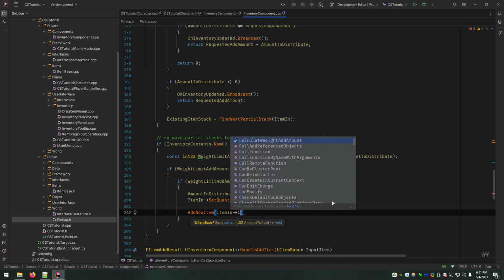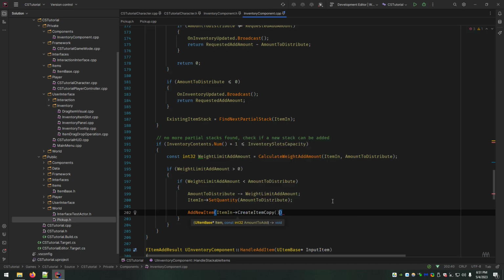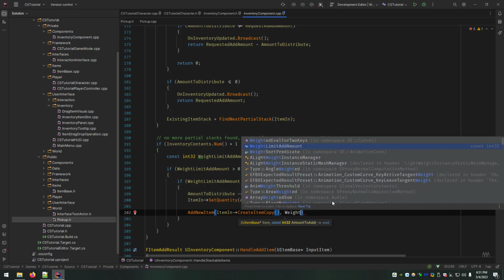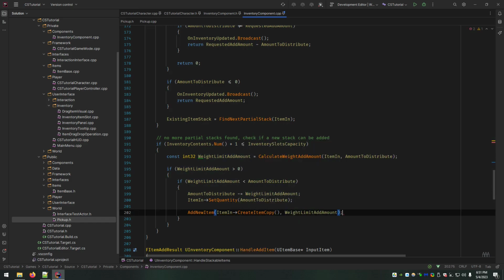And what we're going to do is now create that copy that I talked about when we were designing the inventory component. Because remember, if we call add new item on item in, this is only going to happen if you can't distribute everything.